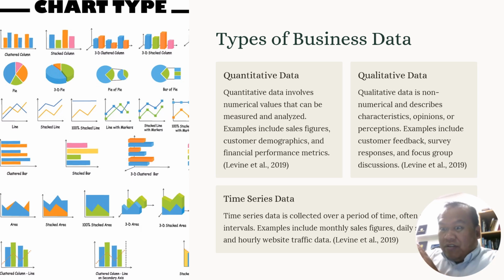Now you can conclude, because you have 3 days of data, that the sales in the afternoon is much higher than the sales in the morning. So that means there are more people buying in the afternoon than in the morning. And that is what we call time series data.